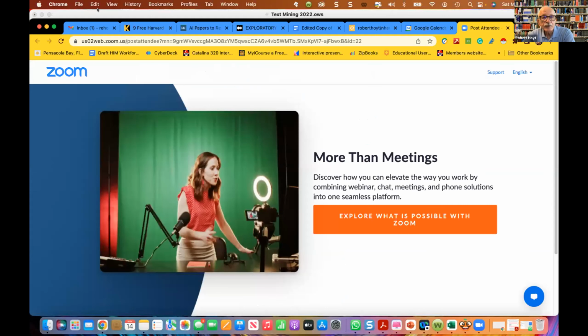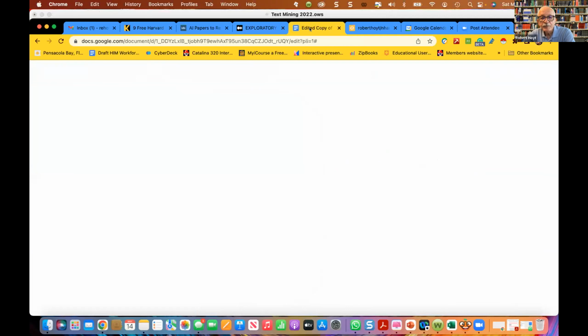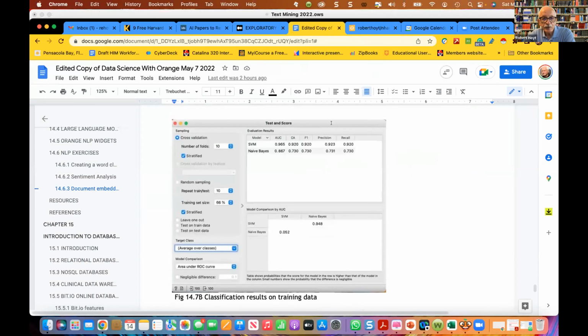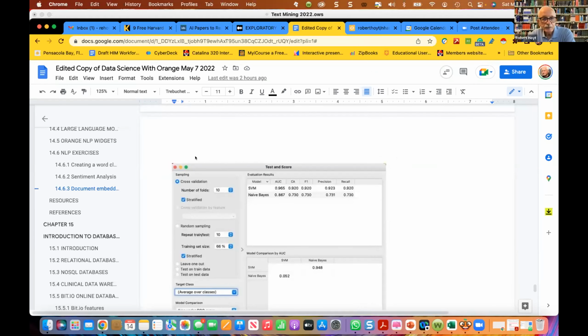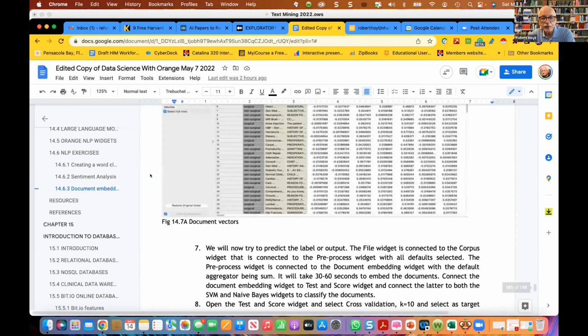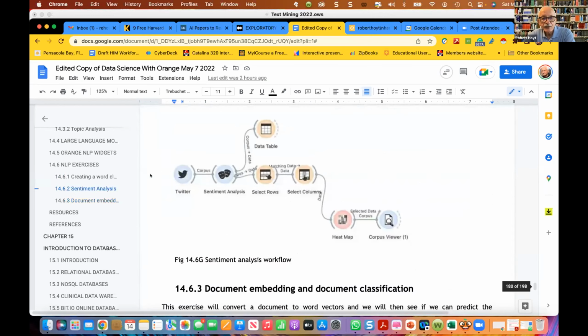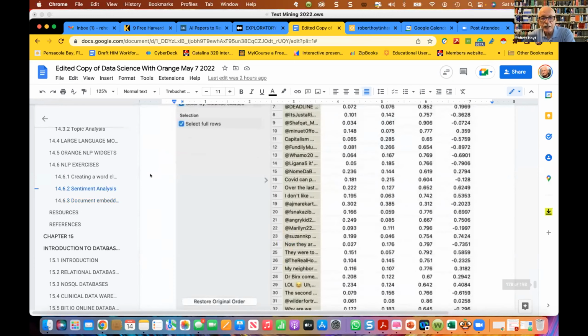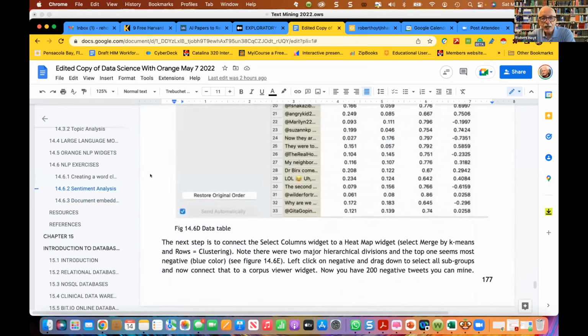I did want to point out that I am working on something. As I mentioned, my goal was to have a textbook that was a lot more formal than what we currently have. So it's better organized, there's more content, there's more footnotes, many more references.